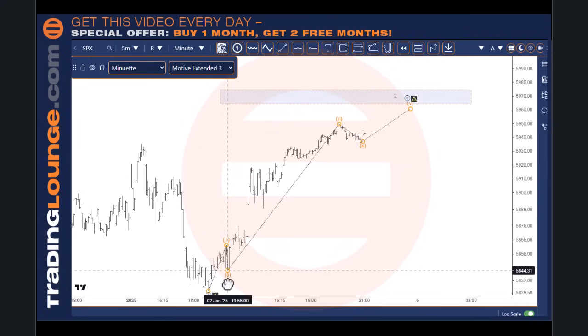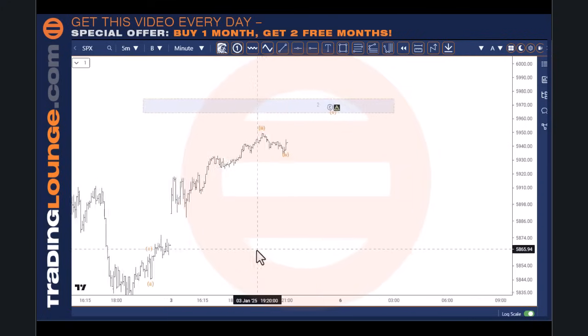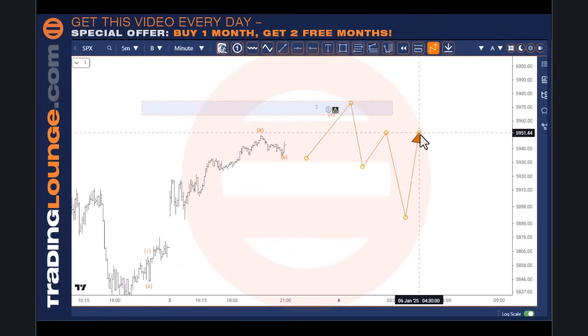Now, like I said, it's possible for this move up here to be bullish, and if that is the case, that's okay. We can still catch it, because what we'll do is look at it. It's going to come up here somewhere, and then it's going to have some sort of ABC pattern here, and when it does that, we can go long above this top here, and this will be 1 and 2 in here as well.